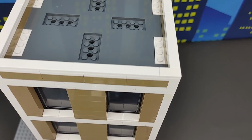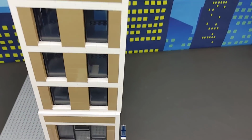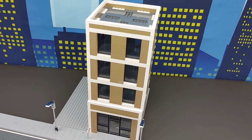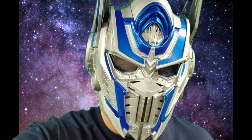Every floor inside of this building is from the new road plates, and I'm trying to get up close so you can see each floor is from the new road plates. I've used 4 road plates in total, but that gave me this building. And let me tell you, this thing is extremely strong. How strong is it? It's strong enough